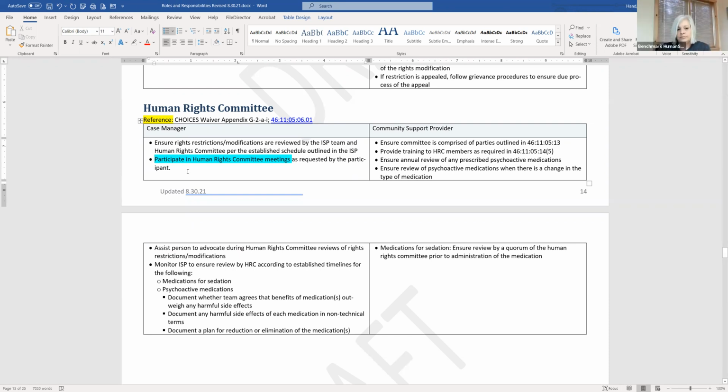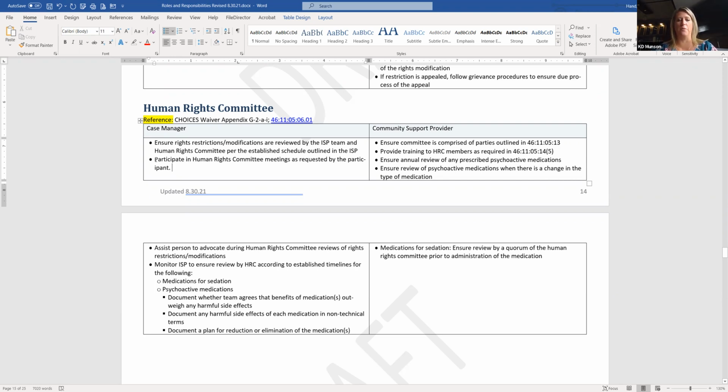I think the concern would be that participants or guardians may not even know about it, or they didn't get the memo, they didn't open their mail or whatever, however that's sent to them. So I'm wondering if there's some way that it can just be,